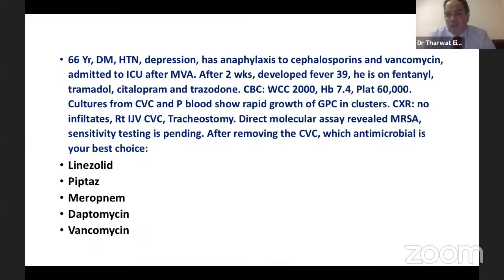Starting with this scenario, again, we have a 66-year-old patient who has diabetes, hypertension, depression. He has anaphylaxis to cephalosporins and vancomycin. He's admitted to the ICU after a motor vehicle accident. After 2 weeks, he developed fever of 39 degrees centigrade. He is getting fentanyl, tramadol, citalopram, and trazodone, and has a white cell count of 2,000 only, hemoglobin 7.4, platelet count 60,000,